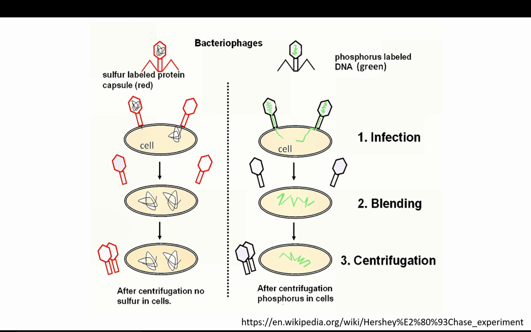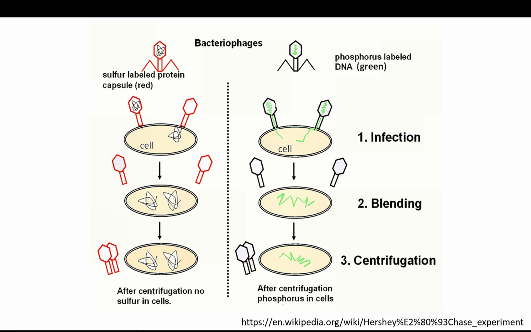Proteins usually have sulfur in them, and in viruses there is a protein coat and the nucleic acid or genetic material inside. So if the virus is generated in radio-labeled sulfur media, the coat is going to be radio-labeled, whereas in radio-labeled phosphorus media, the DNA or genetic material is going to be